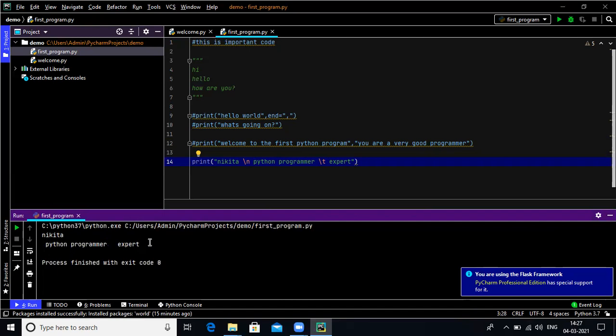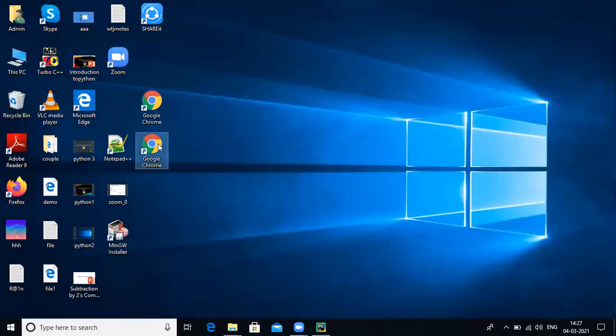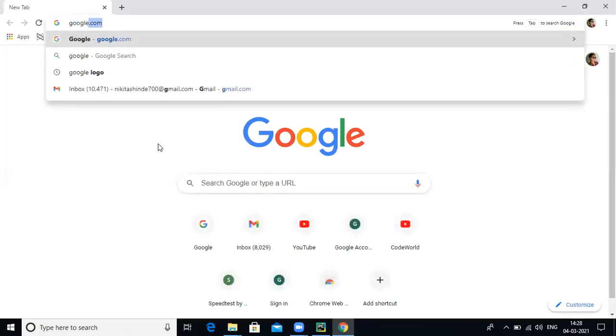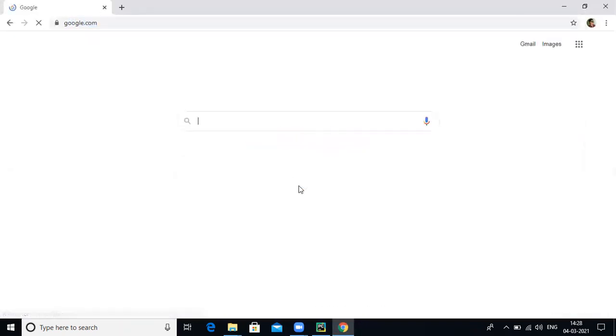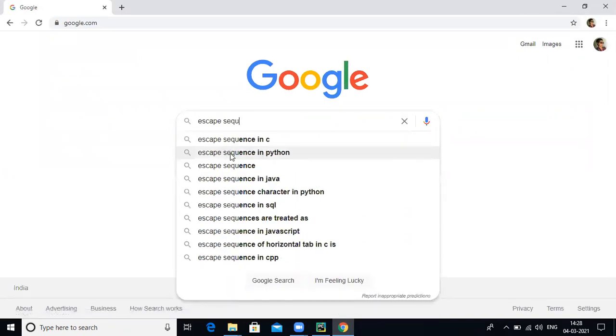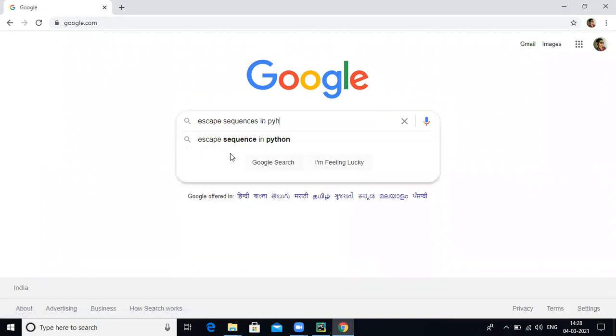Okay, now see, there are lots of escape sequences in Python as well as other languages. So see, what are the escape sequences? For this, we go to Google. We Google it. Type here, escape sequences in Python.